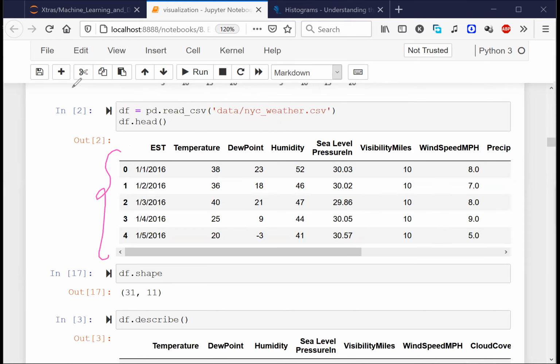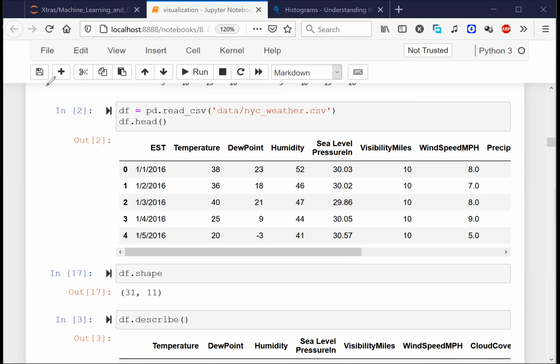If you see this, there are multiple different rows and multiple different columns. Now, let's say I want to understand how many rows and how many columns there are inside the data frame. A very simple thing I can do is say df.shape. It shows me how many rows and how many columns there are. Do you see that there are 31 rows and 11 columns in this entire data?